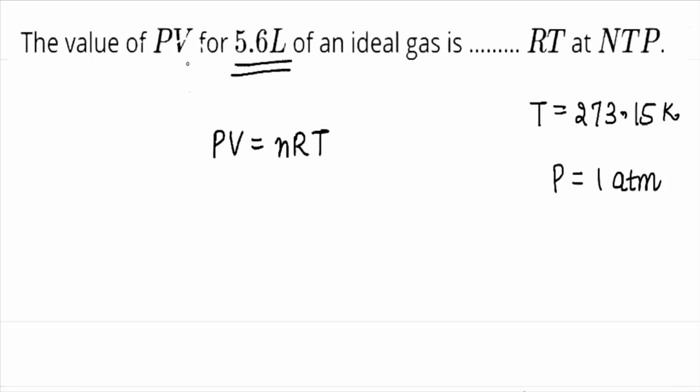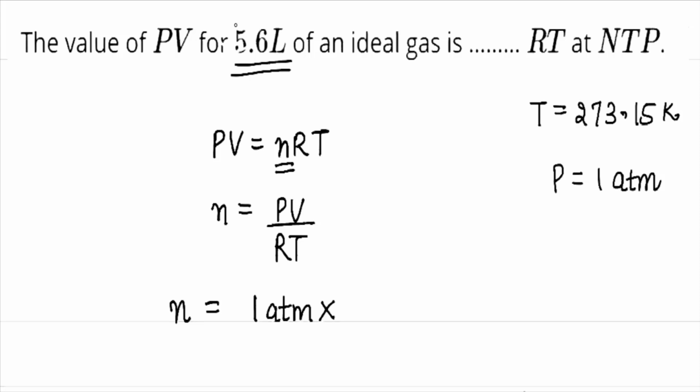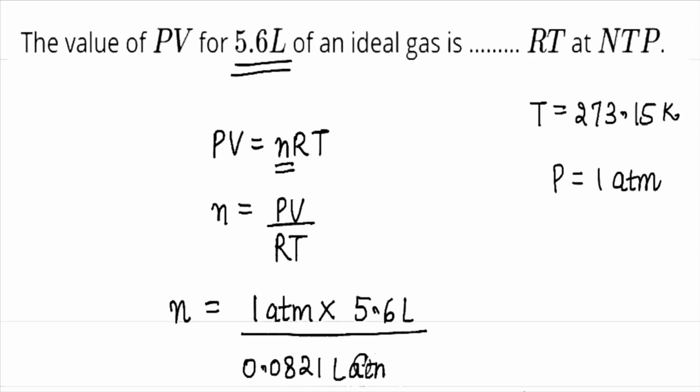So here we have to calculate the value of PV is dash RT. So we have to calculate the value of n. This n will be PV upon RT. Now if we put the values here, we will calculate the number of moles. So n will be equal to the pressure, which is 1 atm, into volume, which is 5.6 liters, divided by R, the gas constant, whose value is 0.0821 liter atm per Kelvin per mole, into the temperature, which is